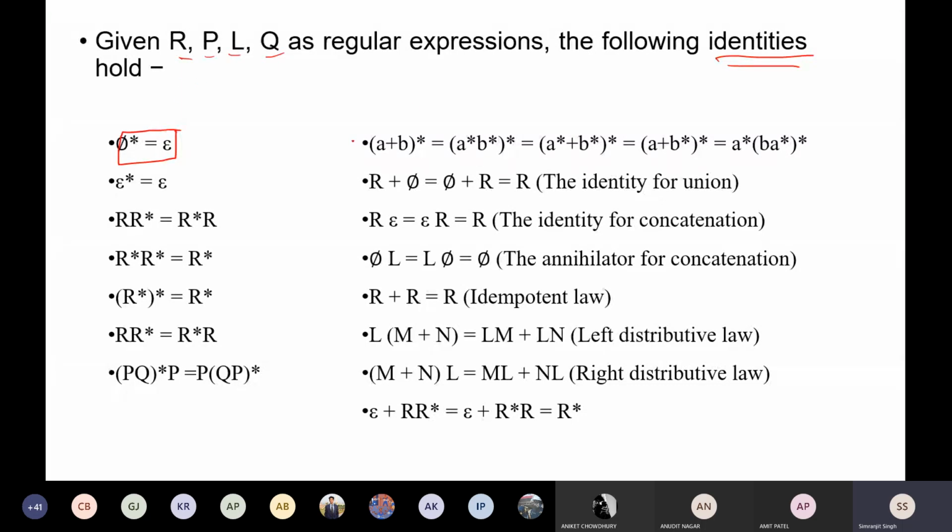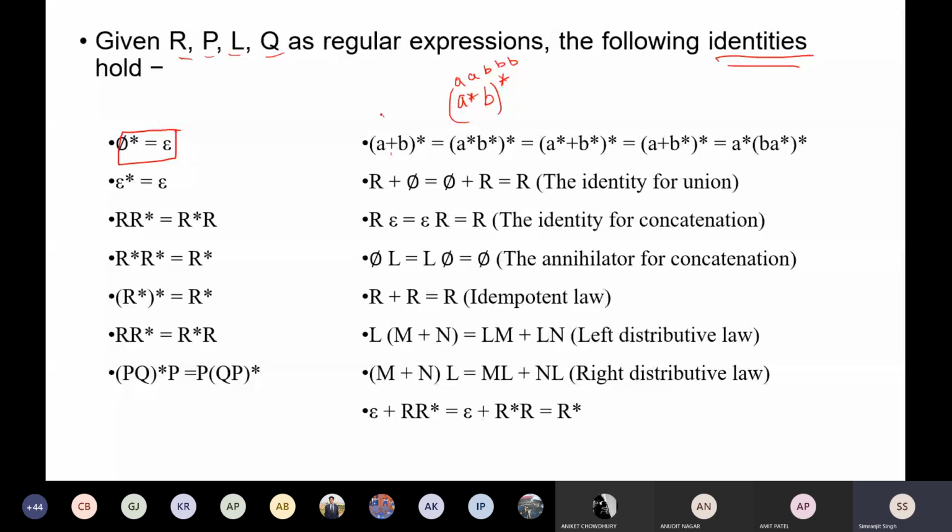So the first one is that (a+b)* is also equal to a*(b a*)*. You can remove that plus. How to see whether this is correct or not? Just derive some strings and see that they are also extractable from this identity. If I extract a b, and after that any number of b's, that can also be possible.